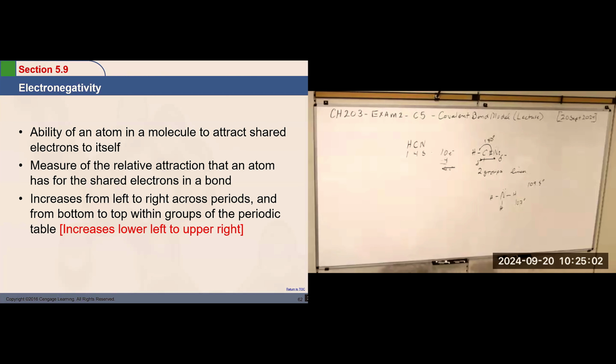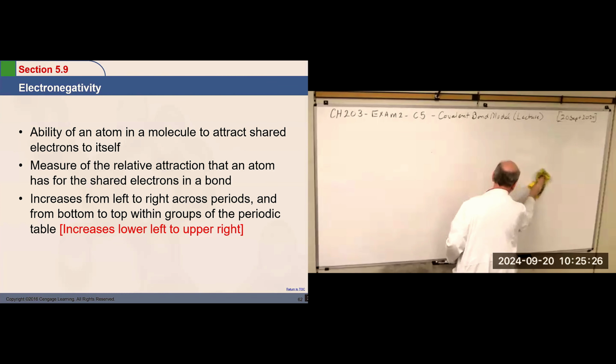But electronegativity is a useful trend to be aware of. It helps us with understanding polarity in molecules. The general trend, and I mentioned this earlier actually, for electronegativity is